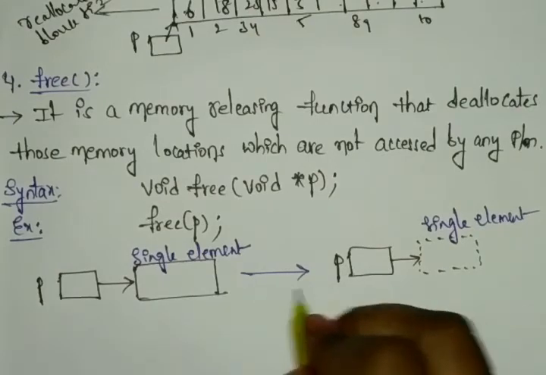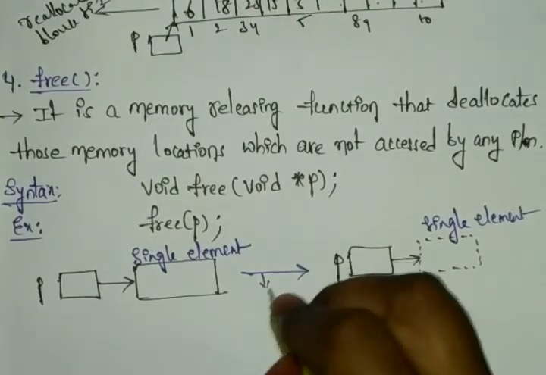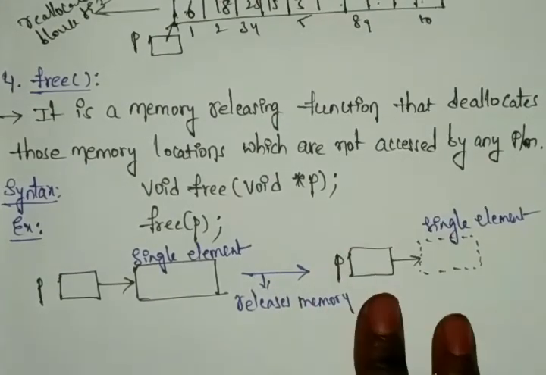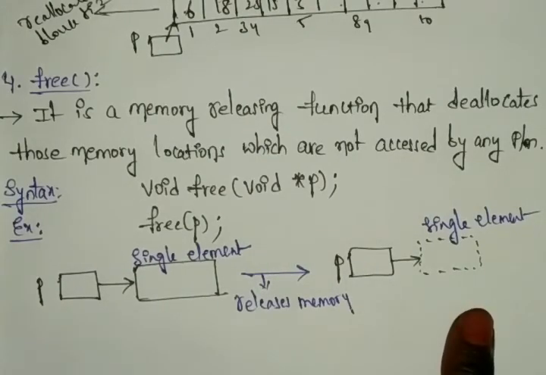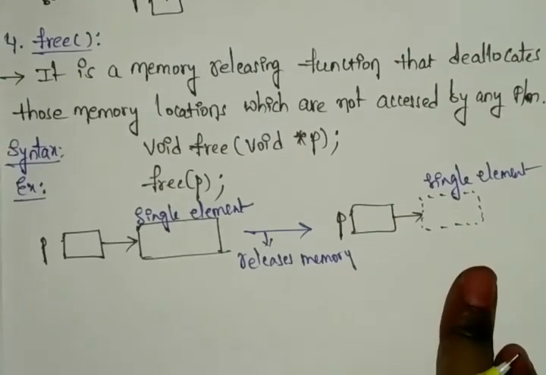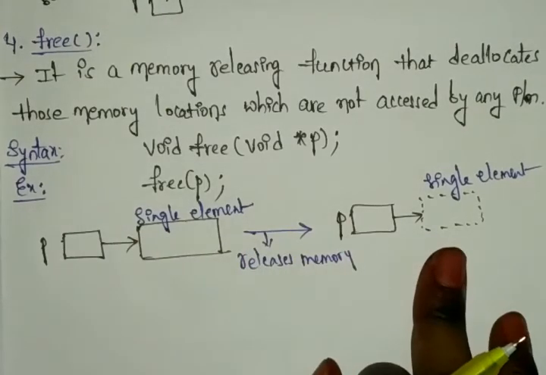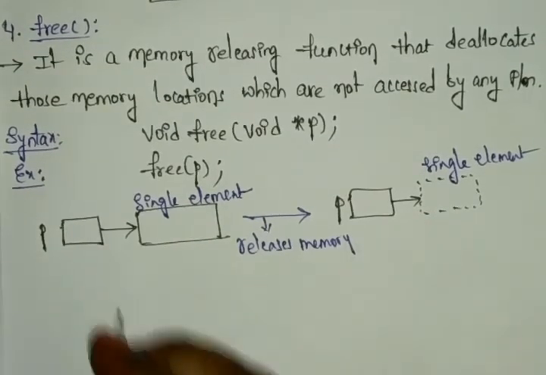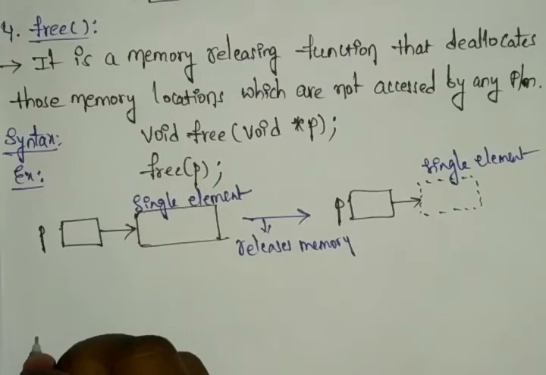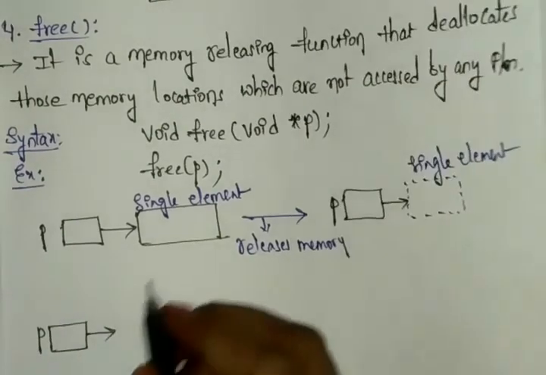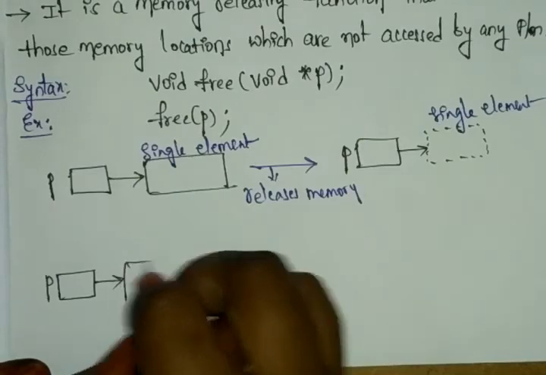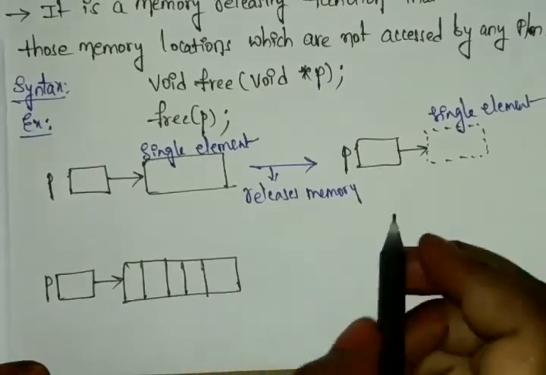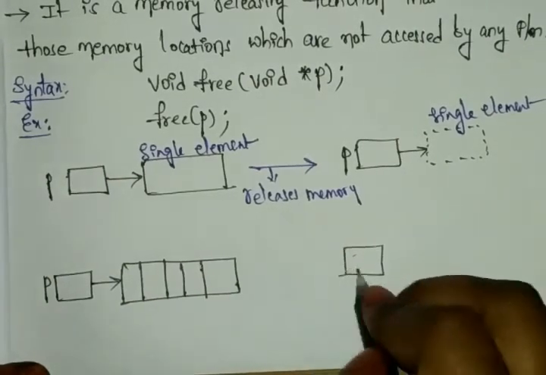Just you can see here what we did in the process here. We released the memory. Okay, we released the memory. So after that here it can be performed like that. For example, here you can choose any other one. This is only a single element, right? So for example, if you are taking an array of 5 integers, how will it be performed? So let's see here. If you are taking the 5 integers format, p is pointing to this. Here we have the 5 integers. Okay, in total we have the 5 integers. And here also it can be released as our pointer, right?